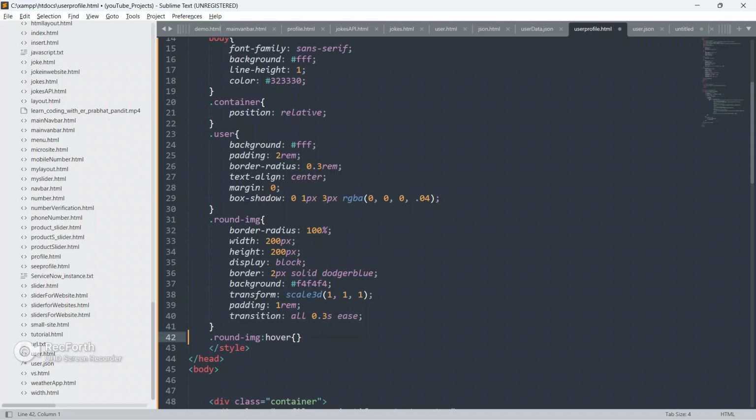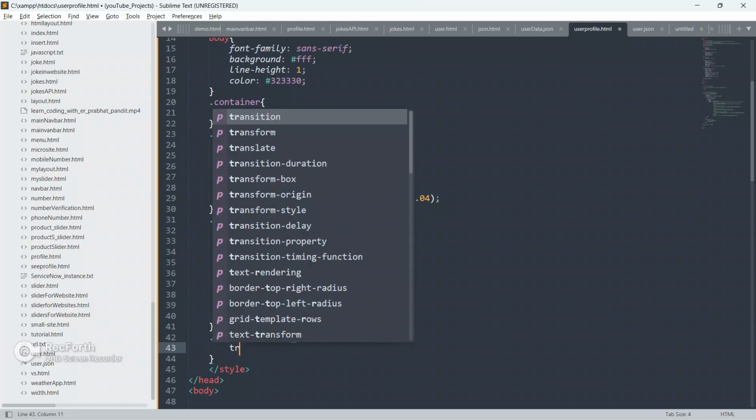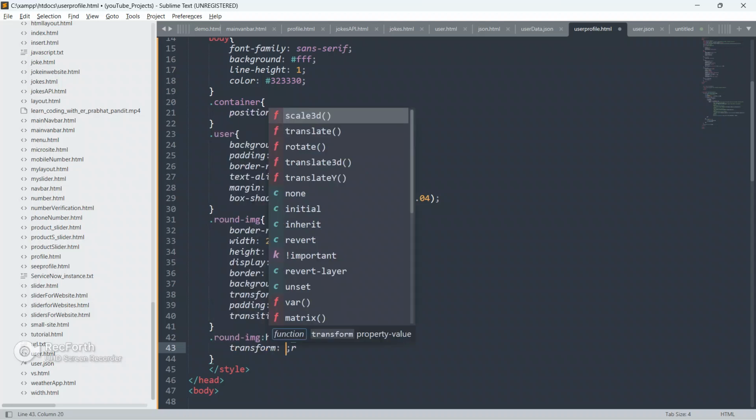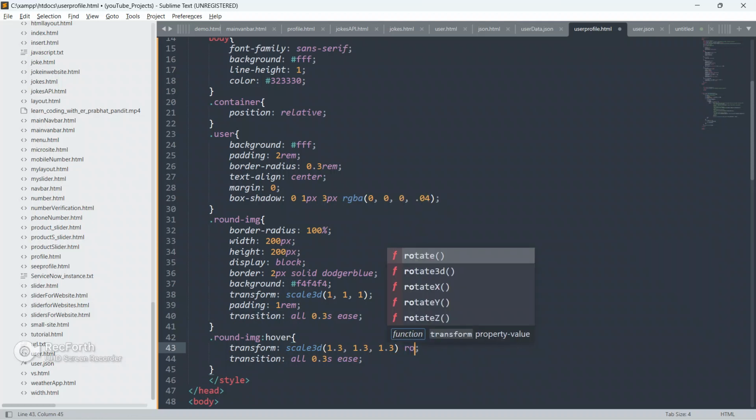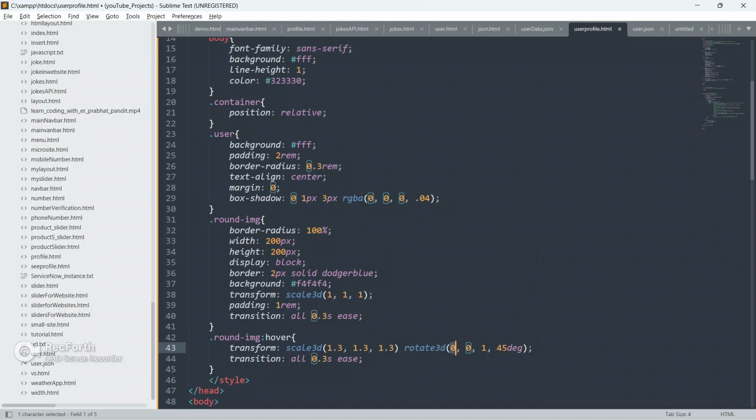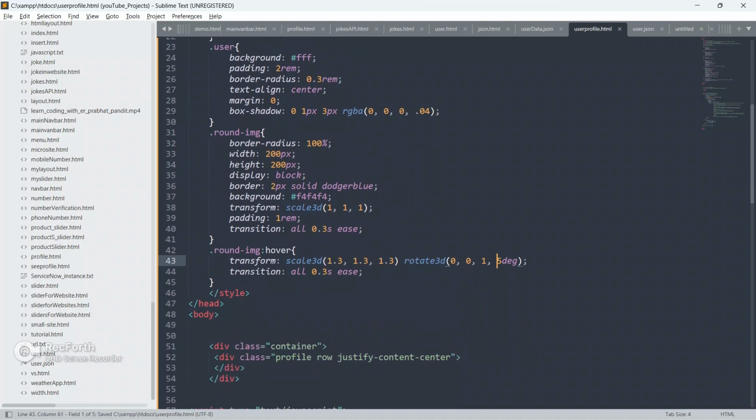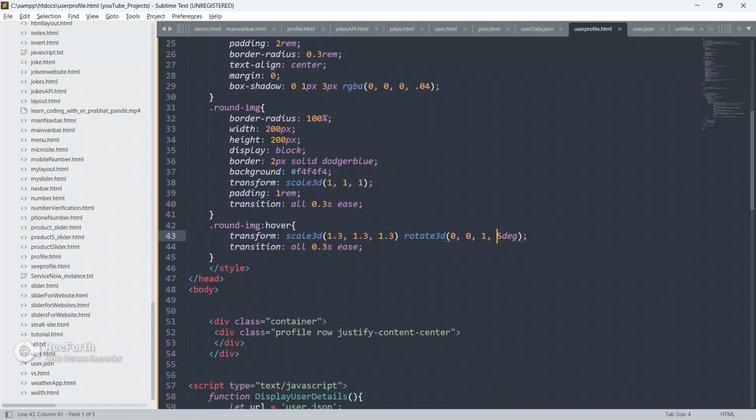So on hover, okay, give transform scale 3D 1.3, 1.3, 1.3. Okay, and copy this and paste it here. Okay, and we'll rotate also in 3D. Okay, so make this as 5 degree. Okay, so now